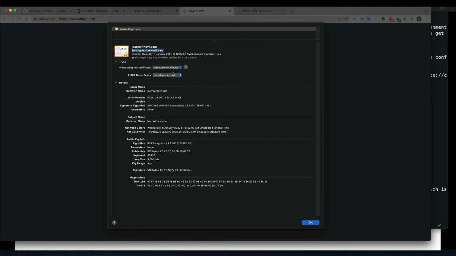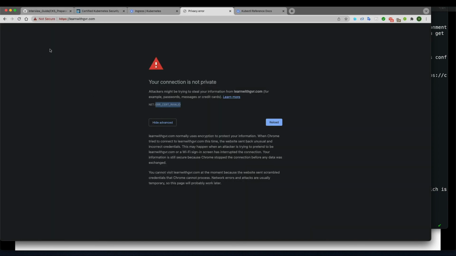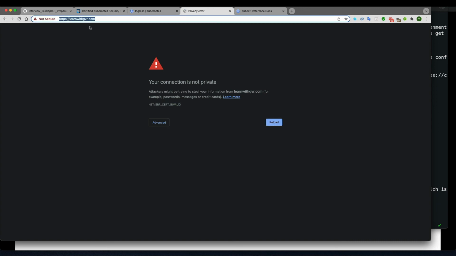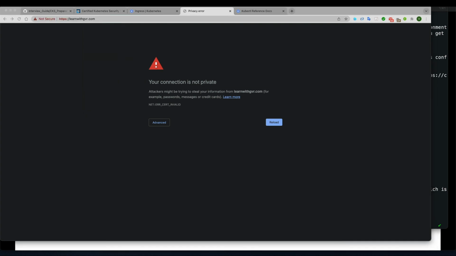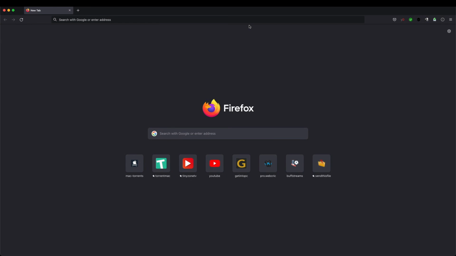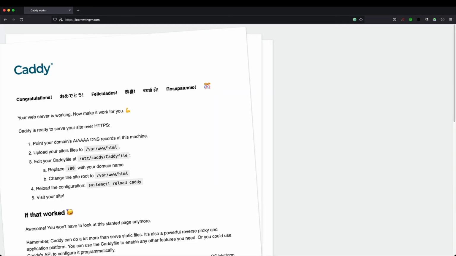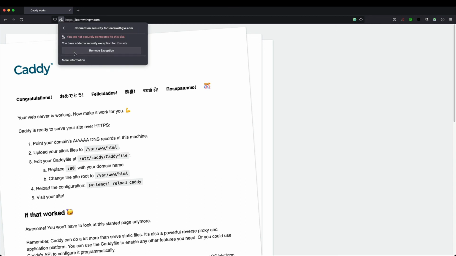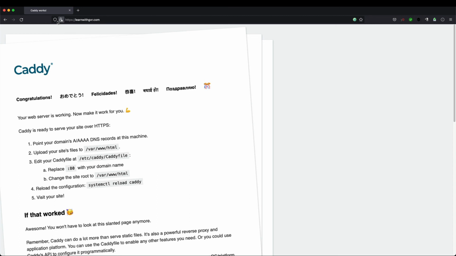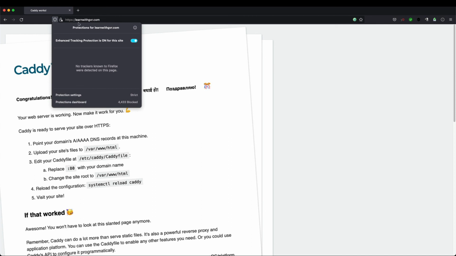And now, how to do that in the browser? I'm in the browser, and using this certificate I want to trust it always, so okay, I'm okay to accept the risk. Now I'll try to reload. Or else what I will do is take a copy of this and go to my Firefox browser and paste it. See, because I trusted this already, and if you look here, it's showing HTTPS.